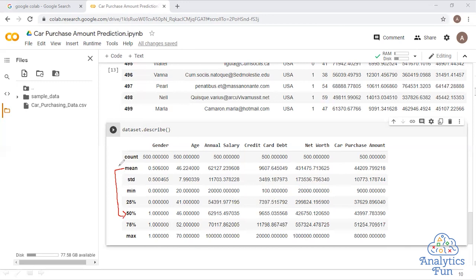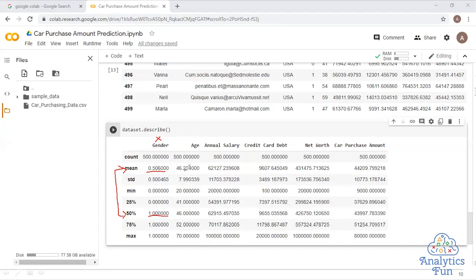These two values we will compare. Okay, so let me see, mean is 0.5 and the median is 1. The mean is telling me there is an equal distribution of gender, male and female, but the median is telling me the male is the median. Okay, this is basically a categorical variable, so it does not make sense to compare mean and median for this one. So let us ignore the gender variable for the comparison, because it can have only the values 0 or 1.